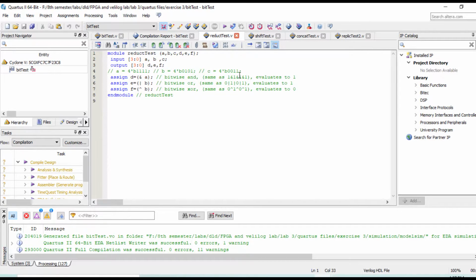1 1 is 1, and next when we execute 1 AND with this one, also 1, and similarly 1 and 1 evaluates to 1.